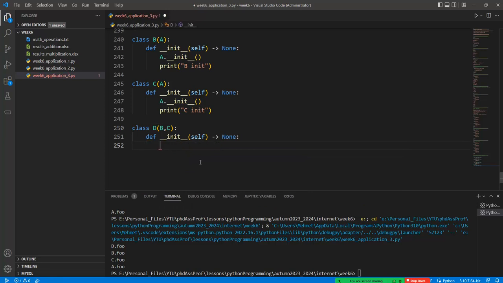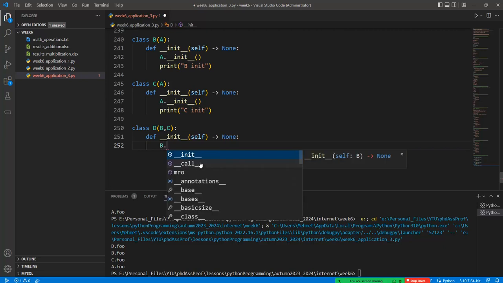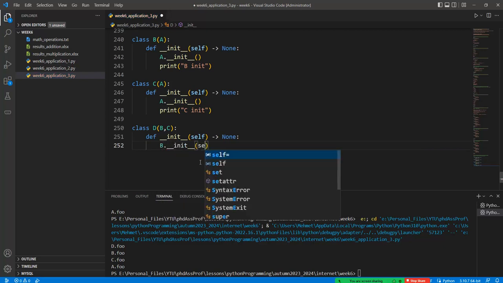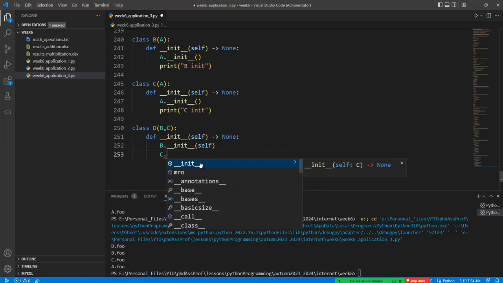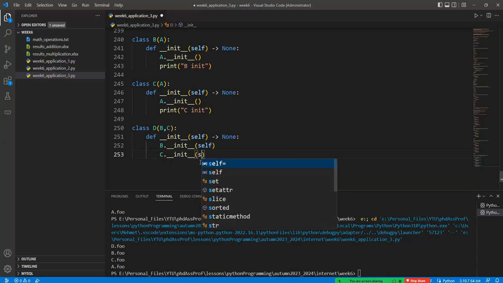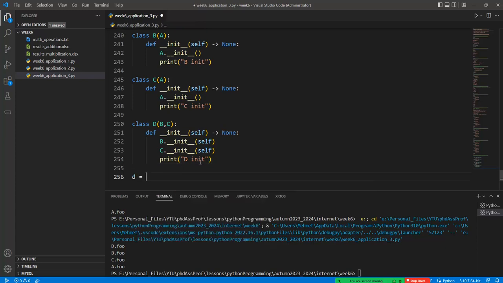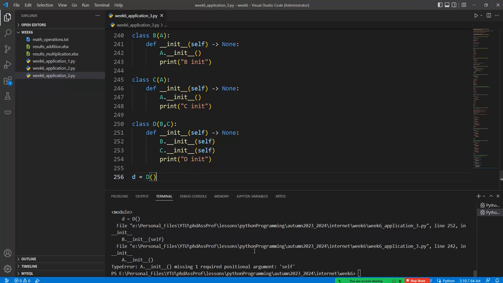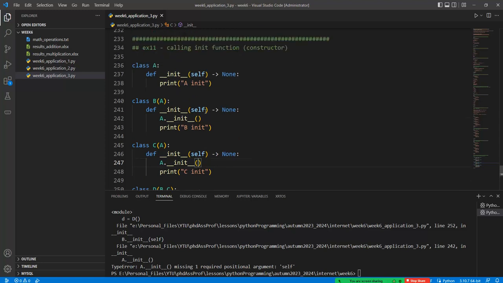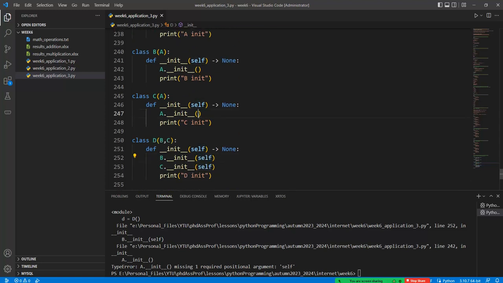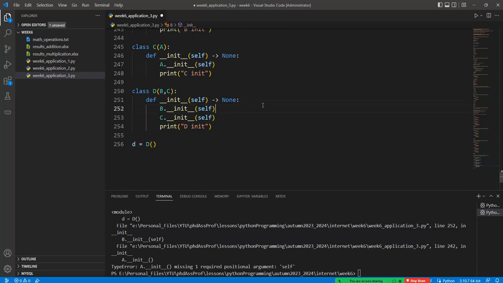But in this case we will have two base classes in here, and so B init should be called with the parameter of self, and C init should be called with the parameter of self, and D init can be written to warn the user like this one. And so if I run this code and create the D variable, then we will have the error. I'm sorry. This self should be given in here like this one. Okay,